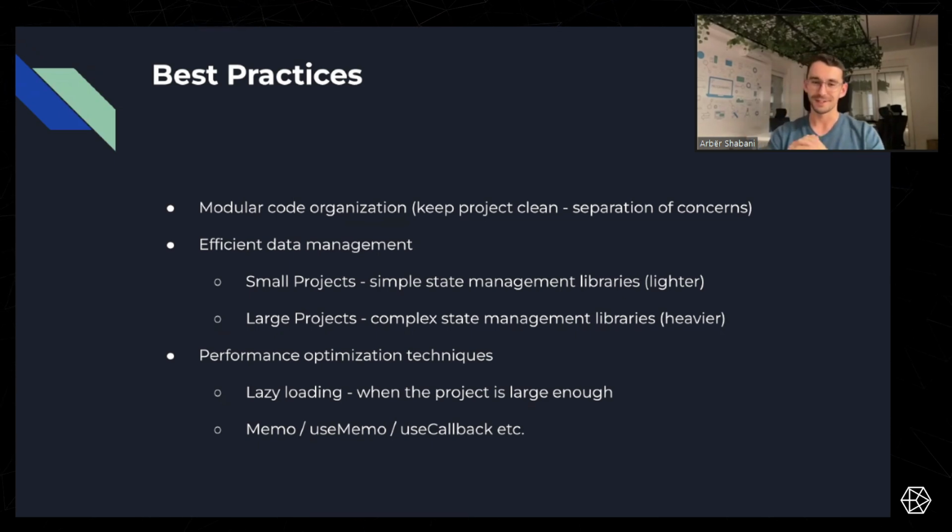Performance and optimization techniques. We have lazy loading when the project is large, and that is quite good, so it's good to use that. Use memo, and use callback. I didn't go very deep into it, but this is a part that you should be careful with. If your project has a lot of usage of useMemo, it means that you haven't handled the project quite well. It's good to simplify the code and make it consistent. If the code is simple, there is no need for useMemo, stuff like that.